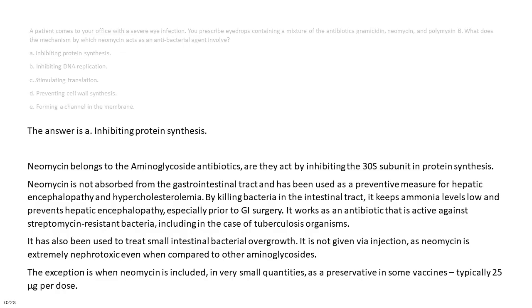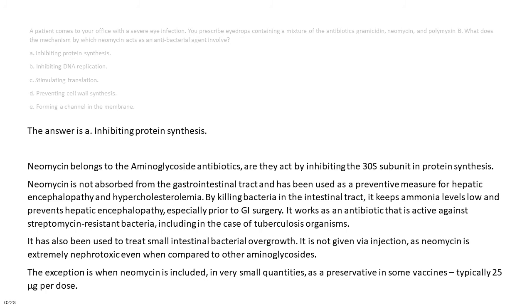The answer is A. Inhibiting protein synthesis. Neomycin belongs to the aminoglycoside antibiotics. They act by inhibiting the 30S subunit in protein synthesis. Neomycin, when given orally, is not absorbed from the gastrointestinal tract and has been used as a preventive measure for hepatic encephalopathy and hypercholesterolemia. By killing bacteria in the intestinal tract, it keeps ammonia levels low and prevents hepatic encephalopathy,